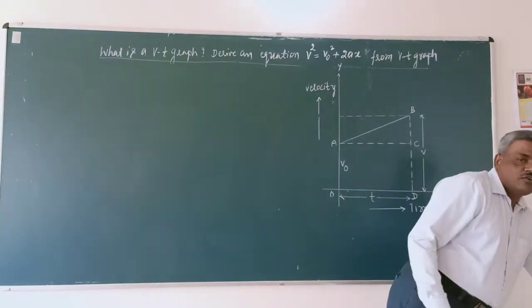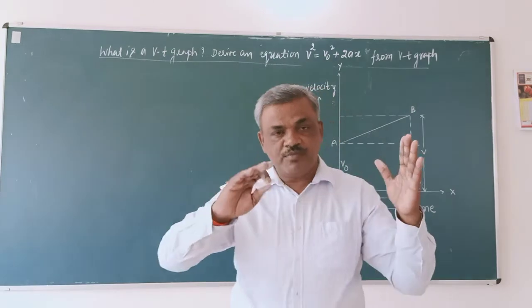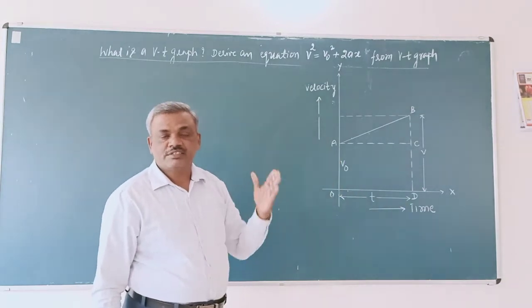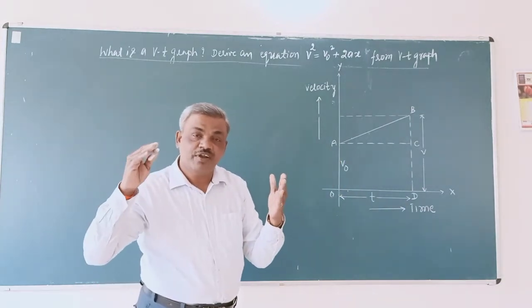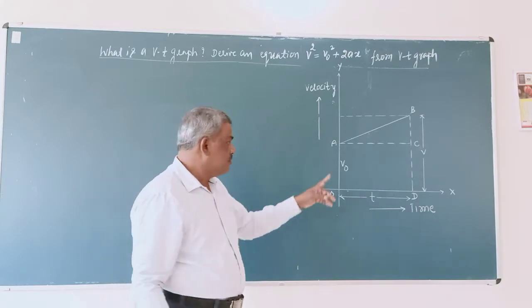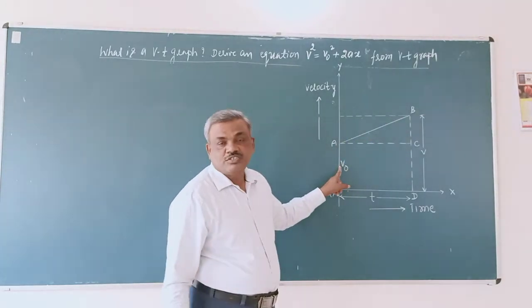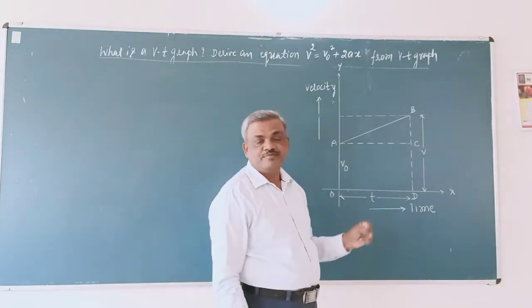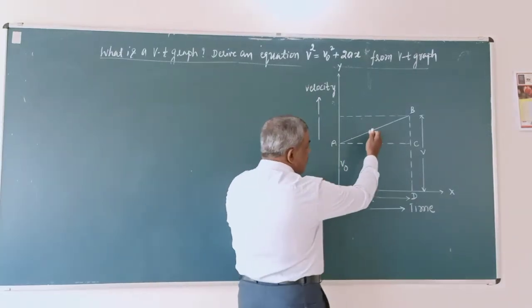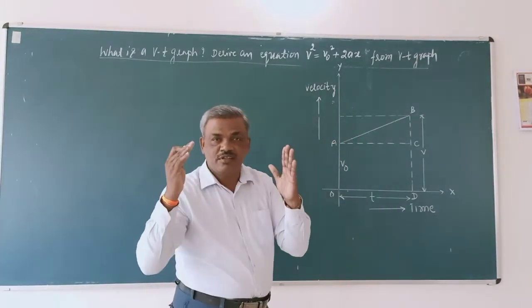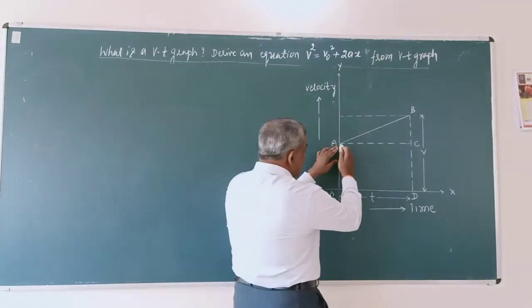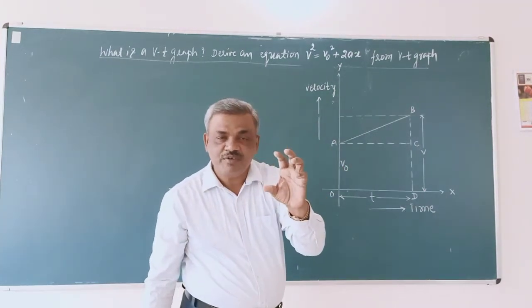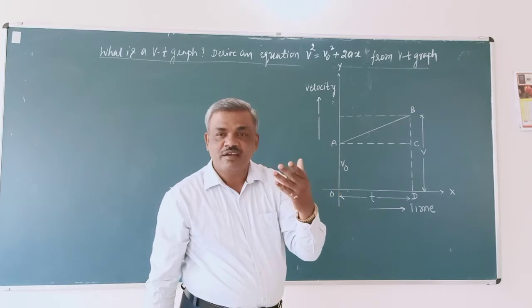Okay students, how to draw the graph? First you know the basic ideas. Velocity is taken along the y-axis, time along the x-axis, and you know the concept of different shapes of VT graph. A body moving with uniform acceleration with some initial velocity V naught gives a solid line. After this, what does the area of the VT graph represent? That is displacement. Now this area becomes a trapezium, so trapezium equals the area of the rectangle and triangle.